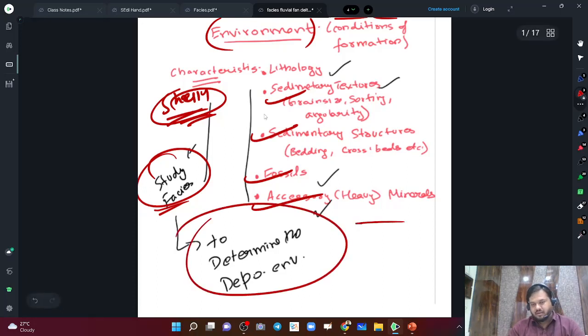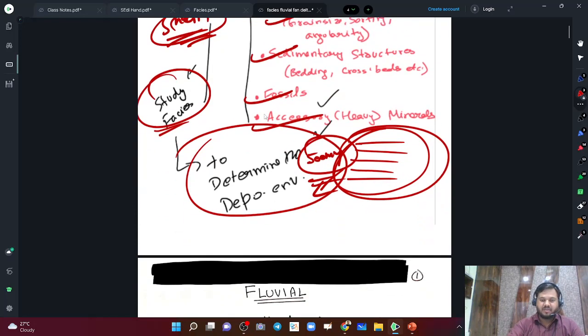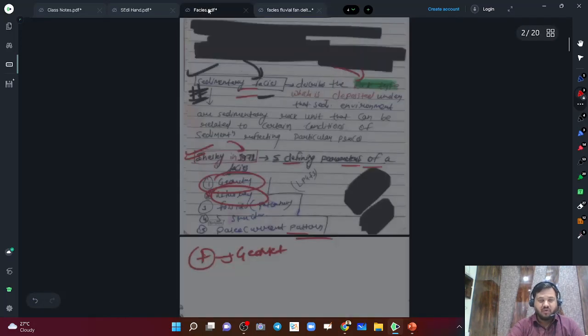Suppose we are analyzing a sedimentary facies, right? These sets of rocks might be 500 million years old, they might have been deposited 500 million years ago. So we actually want to know in what kind of deposition environment, what kind of setting were they deposited, right? So basically this chapter is essentially about depositional environment, right? So just to give you an overview,